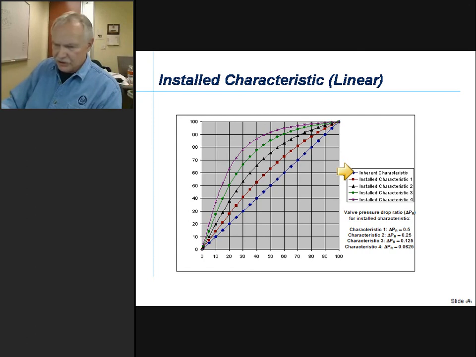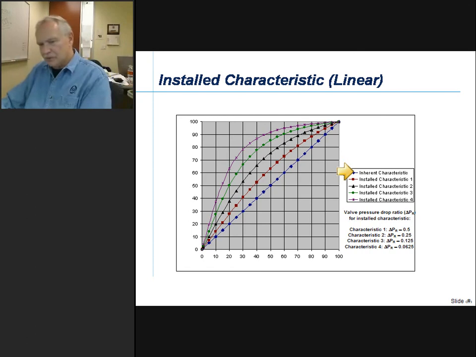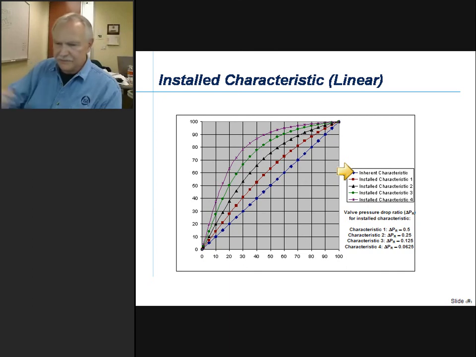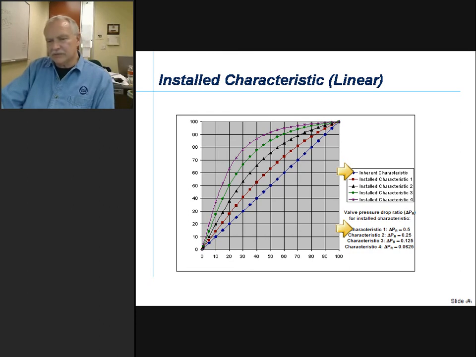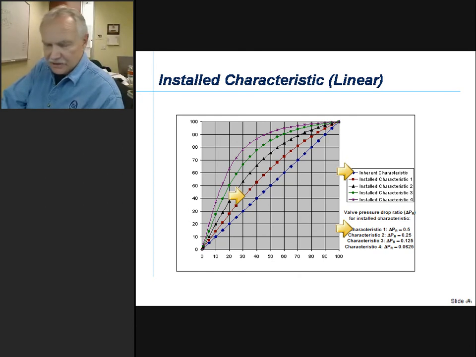So we have frictional losses occurring in fittings and piping and equipment that's in line with the control valve. And so that's our red squares here, and we see that it starts to deflect upwards. Now, in an attempt to save energy, we are driven to allocate less and less pressure drop across the control valve. So we move to the extreme case, and it has been cited that you could possibly go with as low as 5% of the total system pressure drop allocated to the control valve. We end up with this